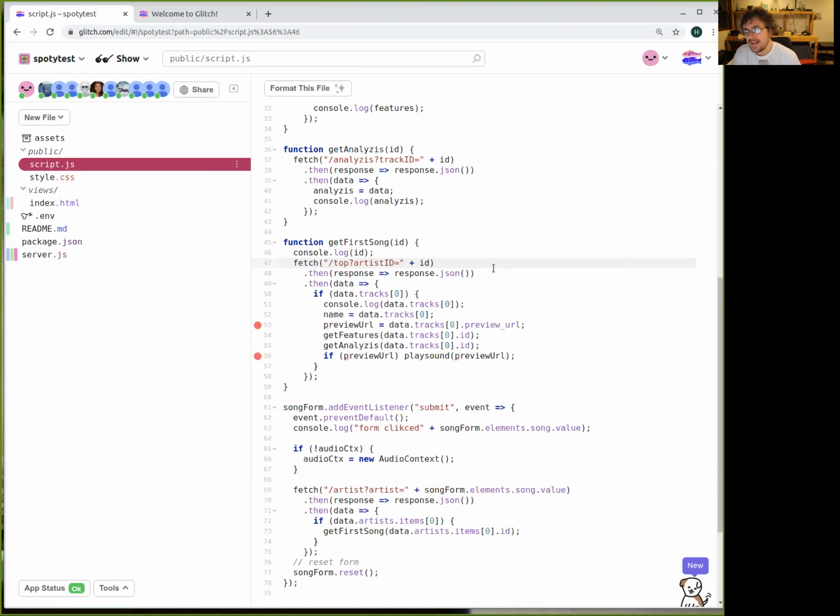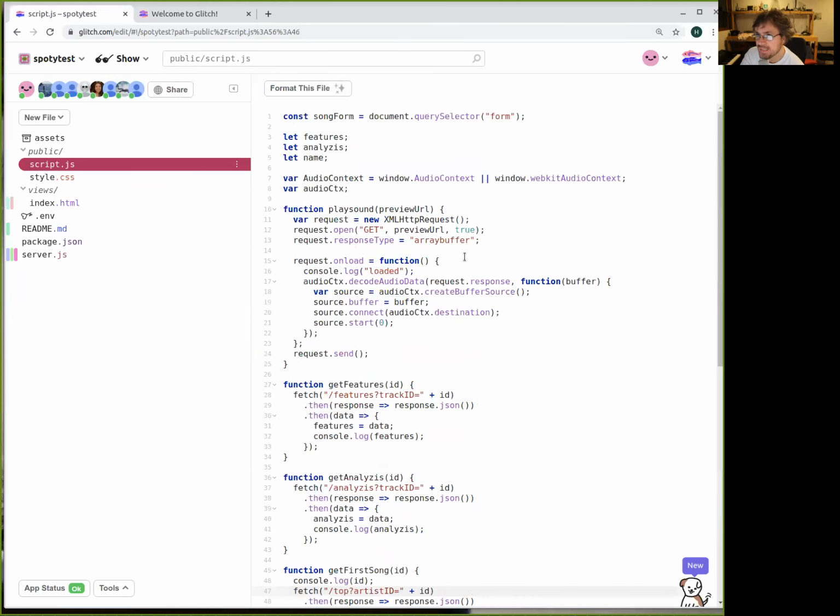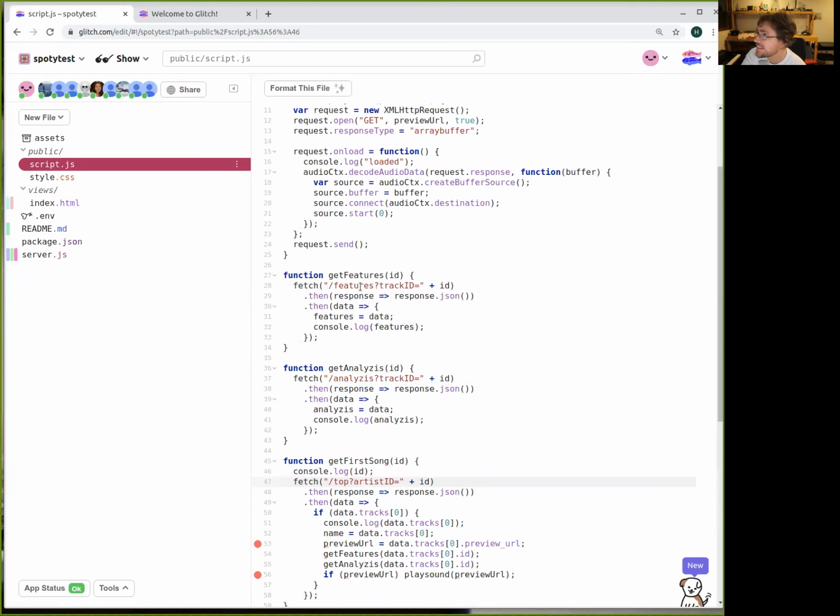But okay, I think that is it for today in terms of content. I know it was a lot of content today because we managed to create a server application. We made all these connections in order to get all the Spotify connections. And as an example, just as an example, we decided to create something that, based on the name of the band, plays the most popular song of that band.